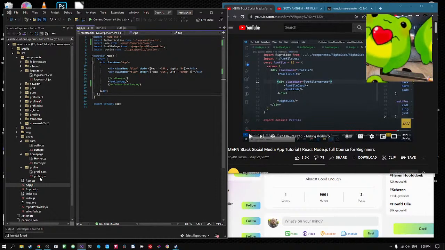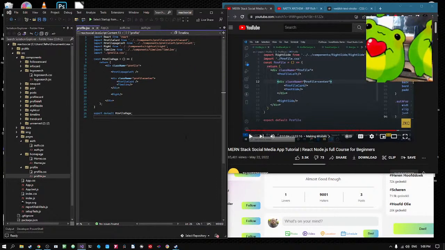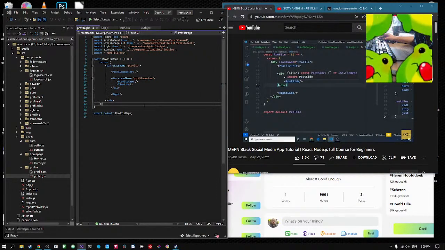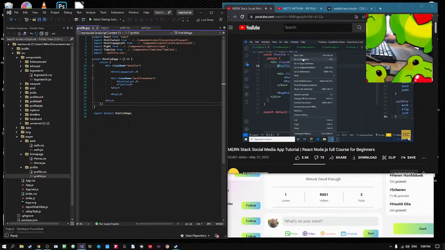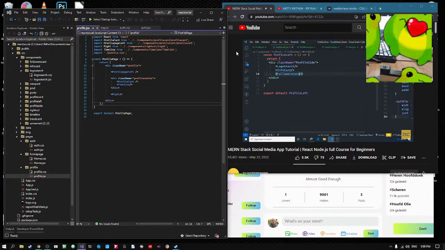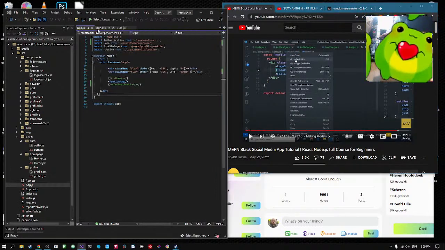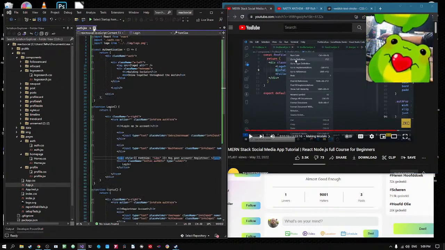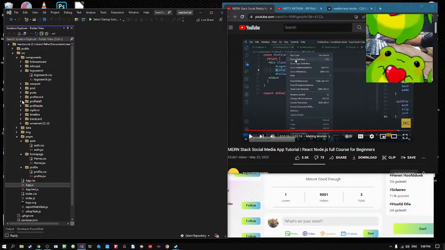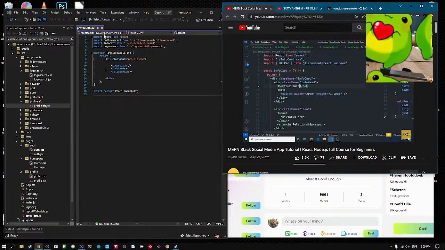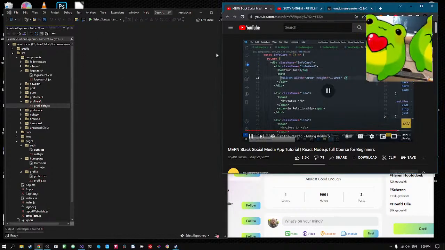You just go into the profile.jsx. Inside the profile page I have a profile left, so I will go to its definition. Inside profile left I have info card. Profile left.jsx. Here inside info card I have the UI